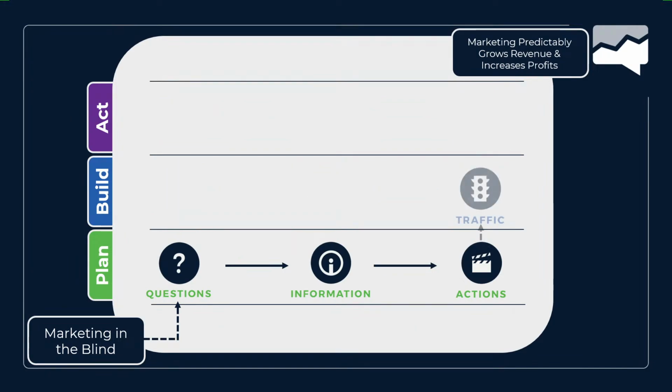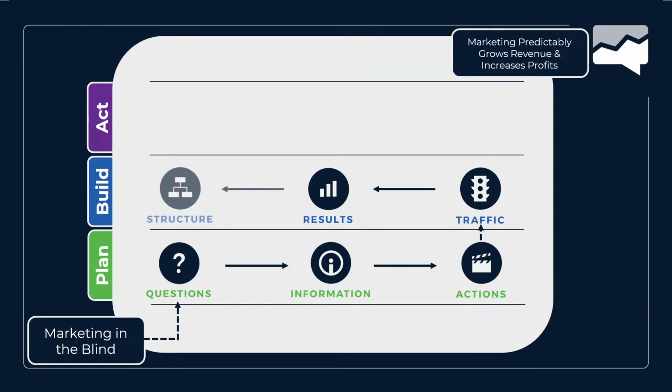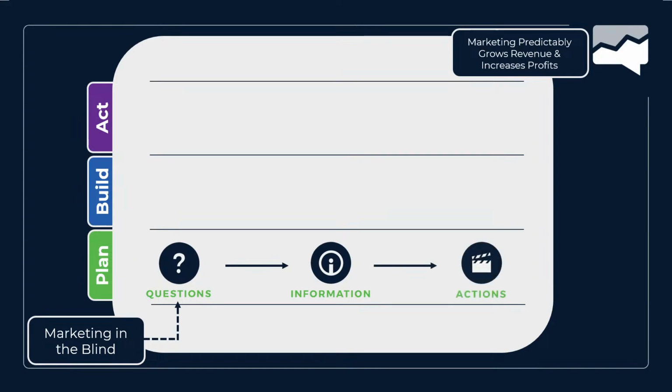So when you come into your audit, you're first going to look at your traffic, see what that is. You're not making any adjustments yet. You're just kind of seeing what's there. You're going to take a look at your results, see what that is. Then you're going to take a look at the structure, see what that is. That helps you to finalize your plan as you come through,